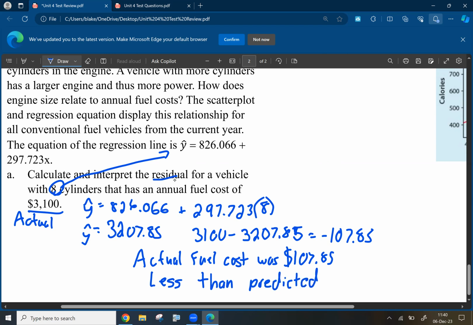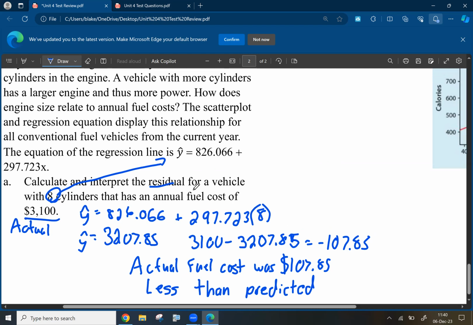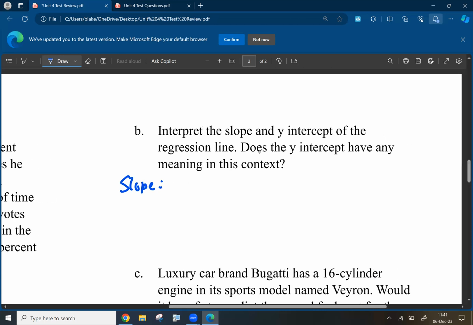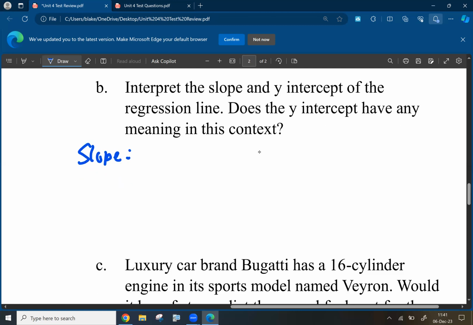There we go. So not too bad. Let's go on to part B. Part B says interpret the slope and y-intercept of the regression line. So the slope, it's going to be kind of hard to write this, so let me zoom in a little more. Try to maximize my space. The slope was 297.723. The interpretation of this would be